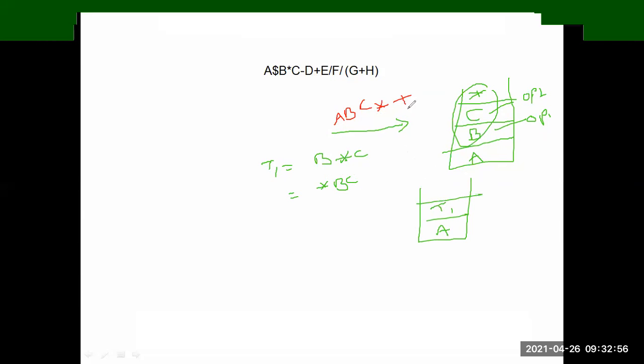Okay, then push another operation, that is plus. So when there is an operation, it pops the previous two operands and performs the operation in between the two operands. So I'm taking T2 as A plus T1. I just push the T2 value in the stack. Okay, T2 means A plus T1.